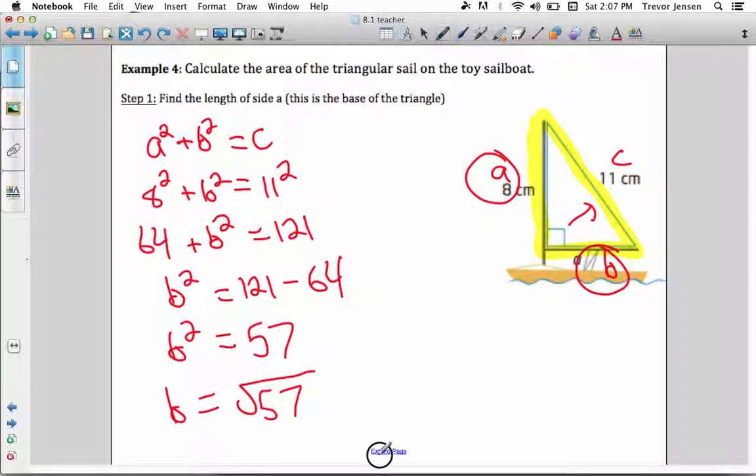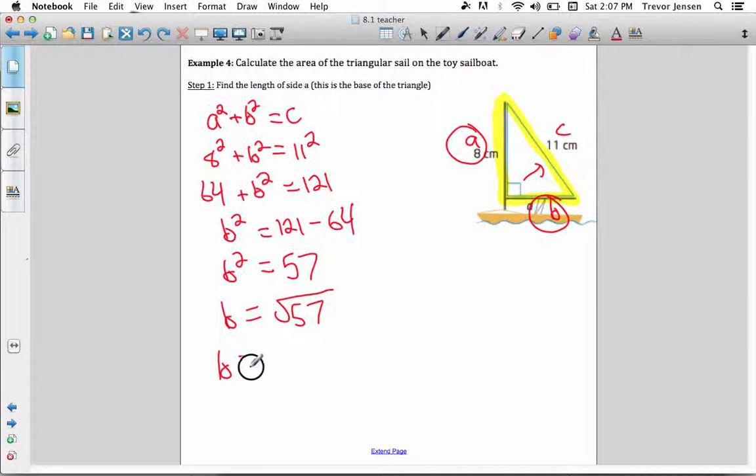So my b value equals 7.5, and I'm in centimeters. Okay. So, and I've rounded that to the nearest tenth. Okay. Now, if I want to find the area of this triangle, what I have to